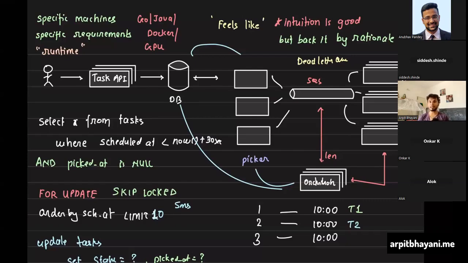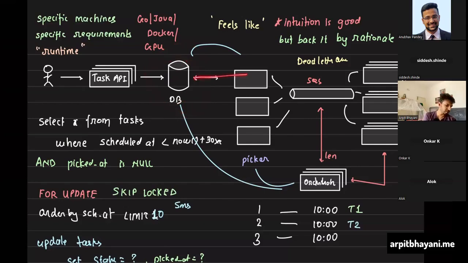But the key reason, I believe, is that if there are a million tasks that need to be executed at this moment, you need a million machines, assuming one machine can pick one task. And so many database connections would be clogged up, right? Because each one of them is picking one at the same time and executing. So there would be a very high need of connections on this database. This database would cry. That's my major concern.